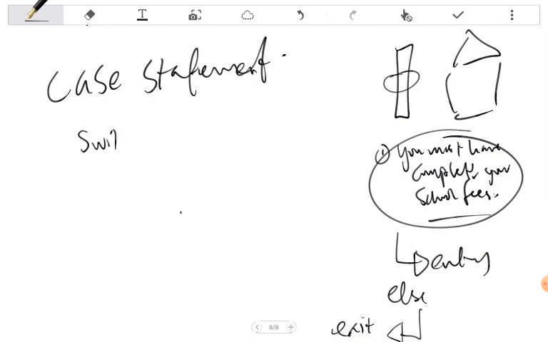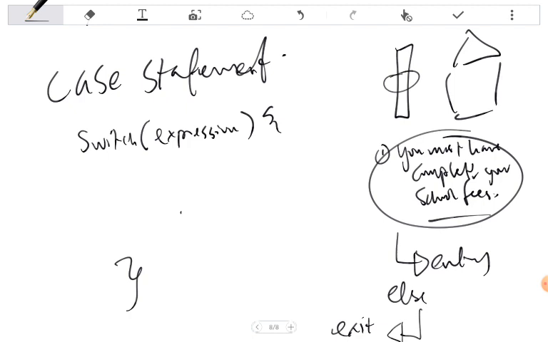Now you say switch. That's how you start it. You put the expression here. Oh, sorry, you put the expression there, and within it, you now have a series of cases.